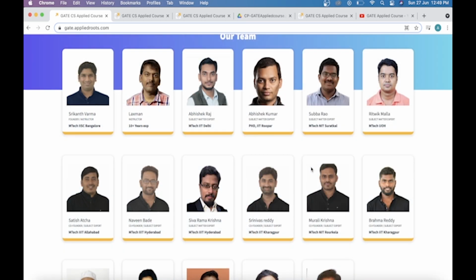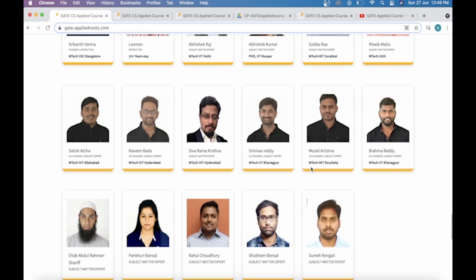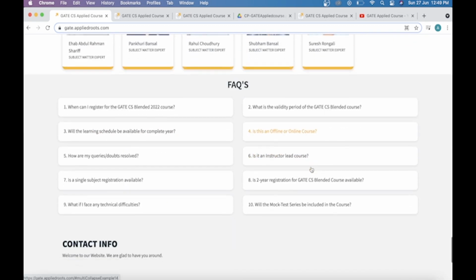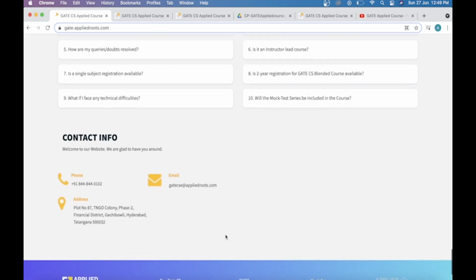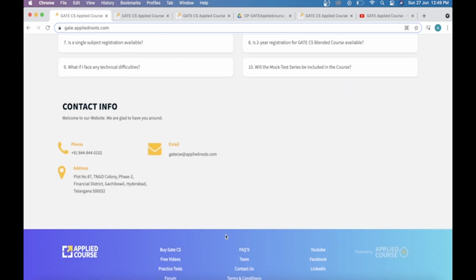So this is the team that is behind creating this course and all the curriculum that it has, and also the query resolution. So here are some frequently asked questions that the students must be having. So you can look that up here. Down below is the contact info for the team at Applied. You can call on this number or email at this email address provided.